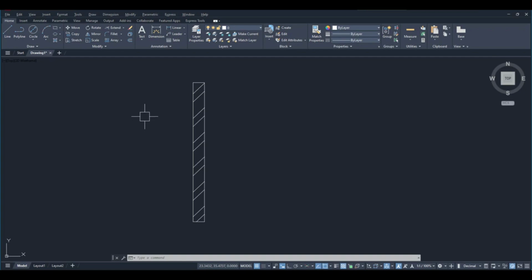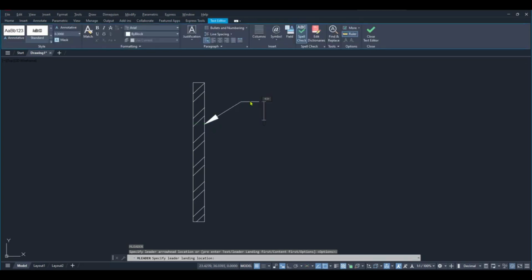To get the leader command, click on the annotation panel and click on the leader, or else you go with the shortcut key, that is MLD, and then it asks you to specify the leader arrowhead location. In which location you want to show the detail, you just click. As this is a wall, click it, move the mouse and again click to show the landing point,